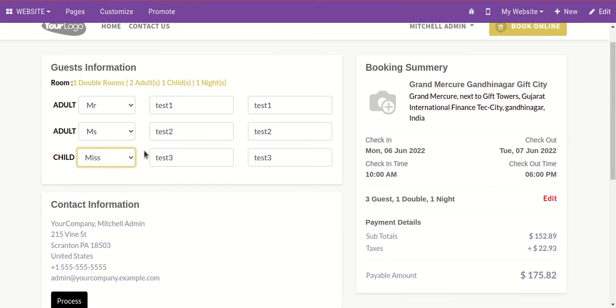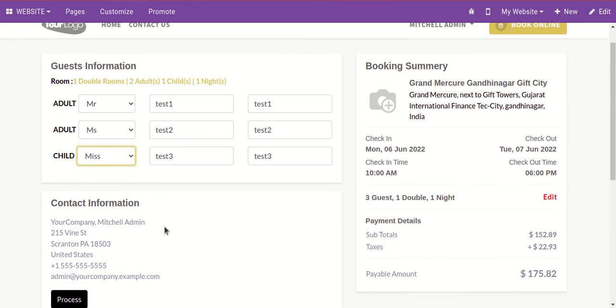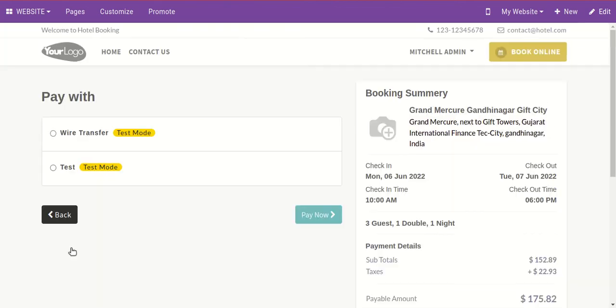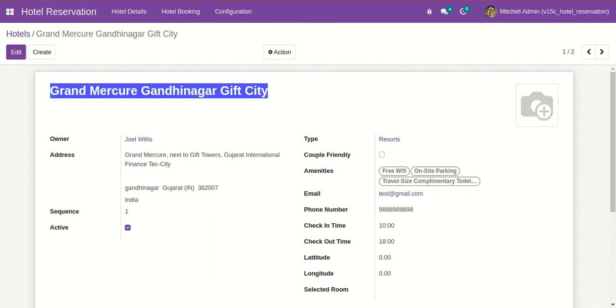Once we enter the detail about the guest, we can simply click on this process button, and once we click on this process button, booking will automatically be created in the back end.